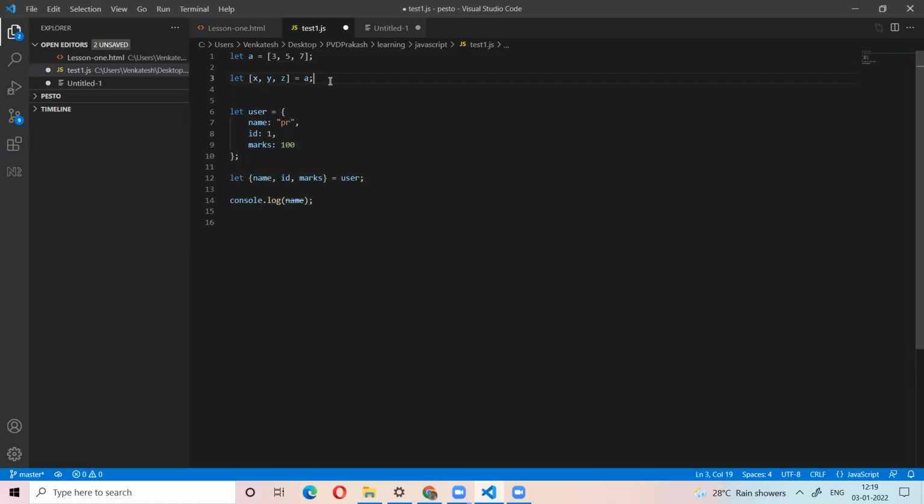So here this is called the array destruction. This is called the object destruction.